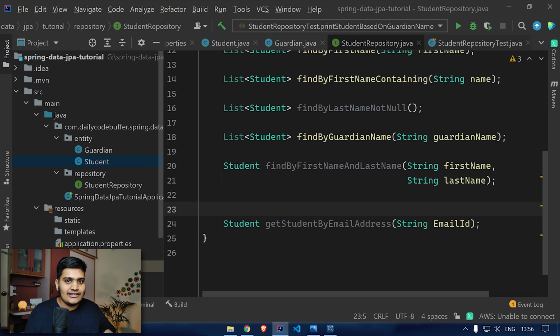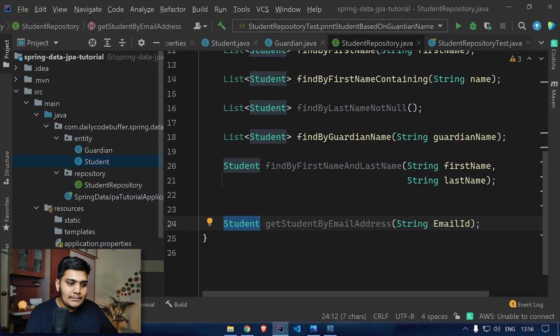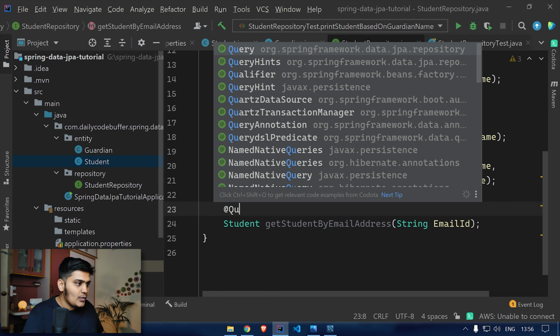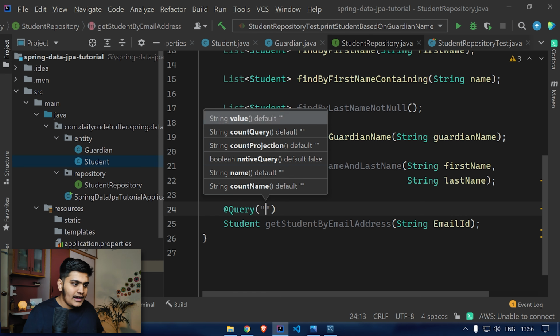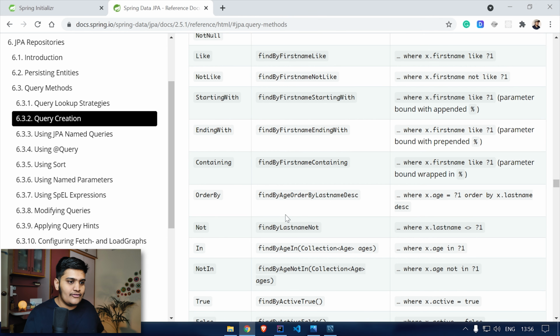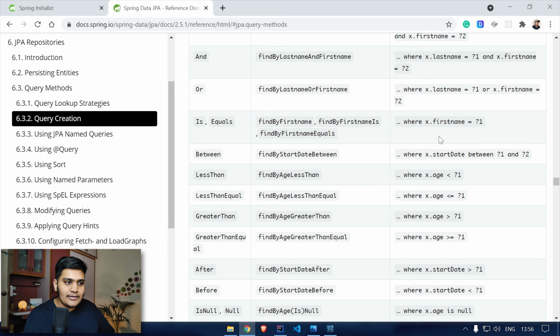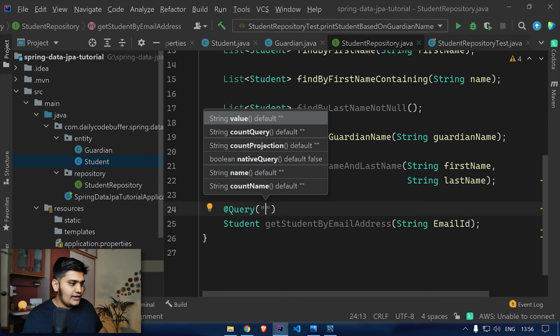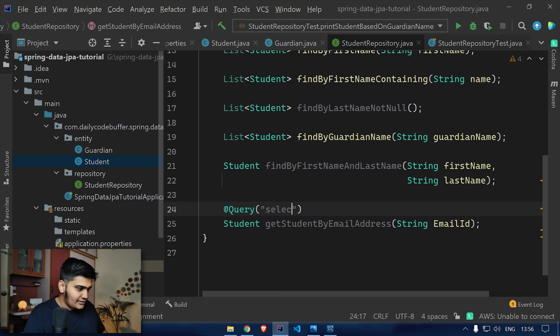Now here what I want is, as our email ID is uniquely identified, as we have added the unique identifier for this email ID, I want that particular student based on the email ID that I have provided. But I want that data based on the query. So I need to pass the query. I can give that query using the @Query annotation. And here I can pass the JPQL queries. Okay, if you go to this particular document, you can see that these are the JPQL query snippets over here. Select distinct and all those things. And if you come over here, what I can do is define select